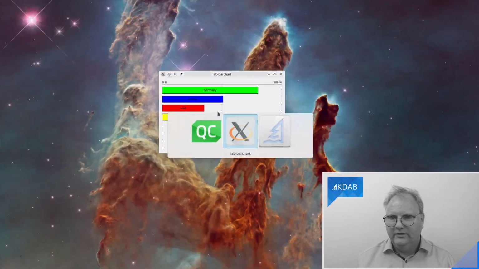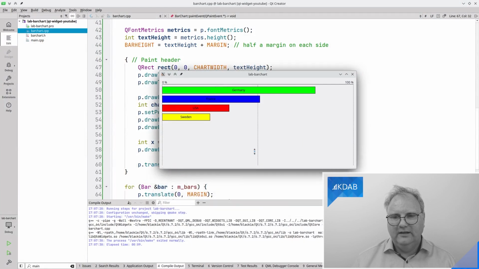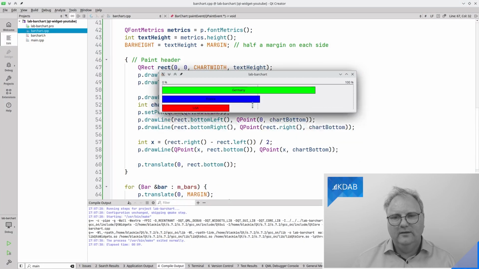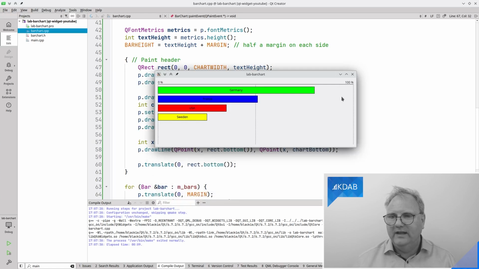Well, let me just first see that it actually does scale as I expected. It doesn't do anything here, but I did not do anything to avoid that. How would I do that? Well, I need to figure out what the height is here, and then I would need to set the size hint so that it couldn't scroll less than that. Or if I had a long bar here, maybe I should have it all inside of a QScrollArea or QAbstractScrollArea, depending on my use case, which would give me a scroll bar that I could scroll. But that's for another day.